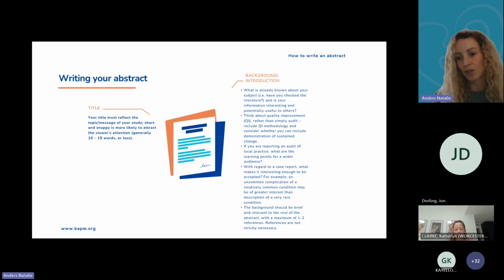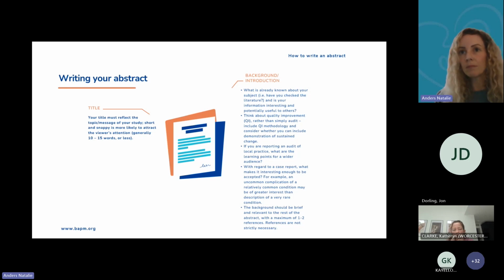Have you done a literature search before you've taken on this topic? And is the information that you're presenting useful and interesting to others? Obviously, the more useful and interesting it is to others, the more interest we'll get from other people when you're providing your results, because people can probably use the data that you've presented and take it on themselves to either apply policy improvement within their own units or work on what you've done to do further